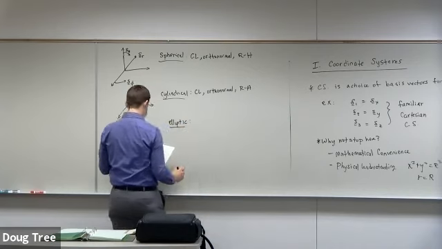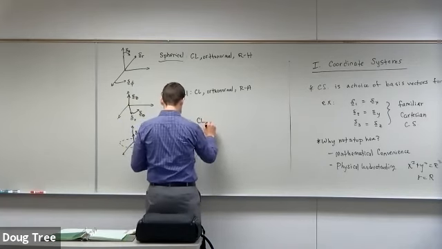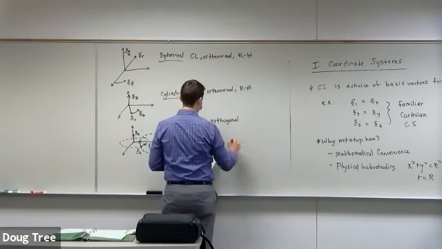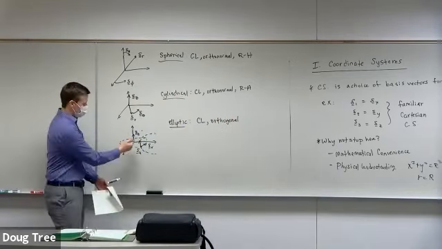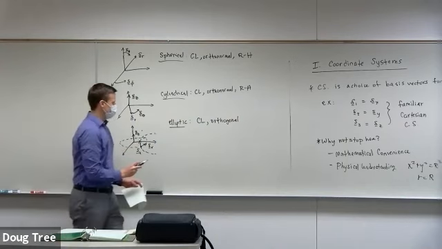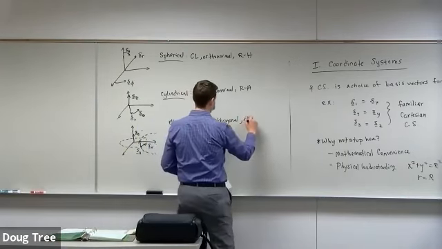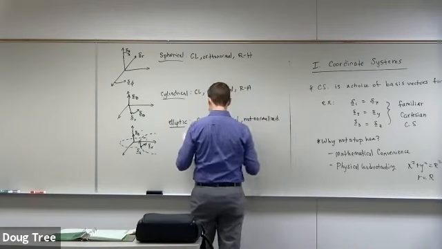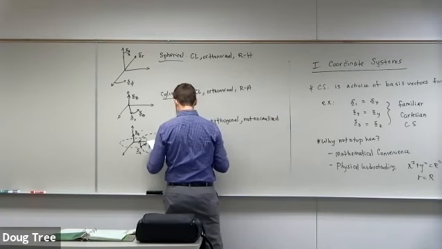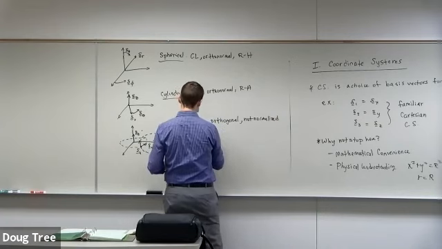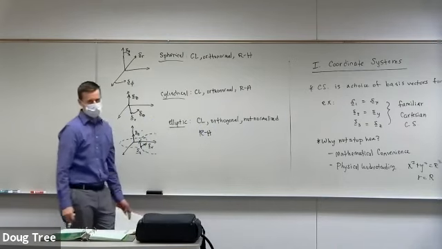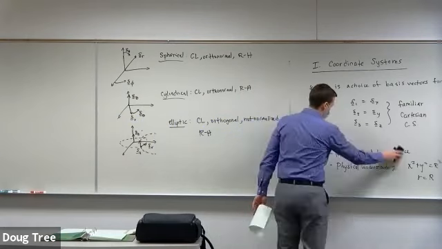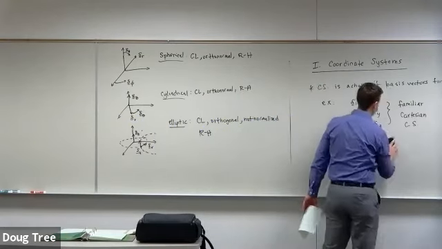So this is an elliptic coordinate system, and it is curvilinear. It's orthogonal. Hopefully you can see that those are orthogonal to each other, but it turns out it can't be normalized, so it's not normal. It's non-normalized. I couldn't find out for sure, but I'm almost positive it's right-handed. The last example is somewhat similar.